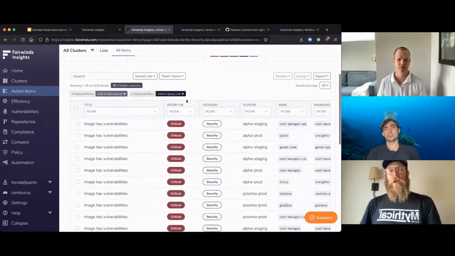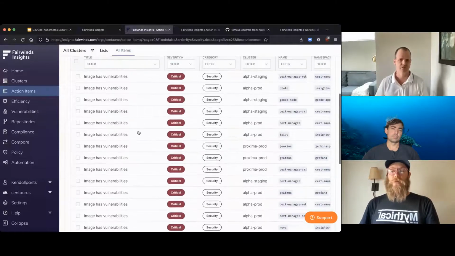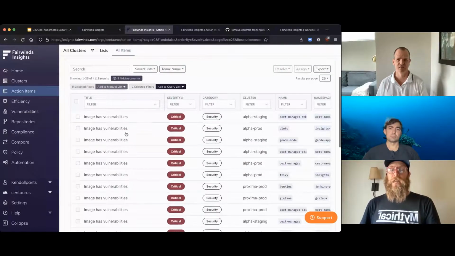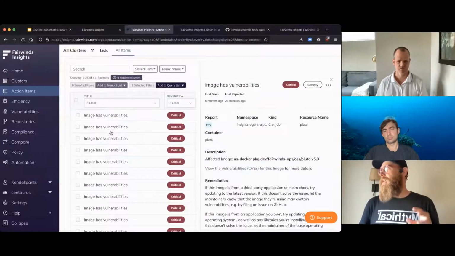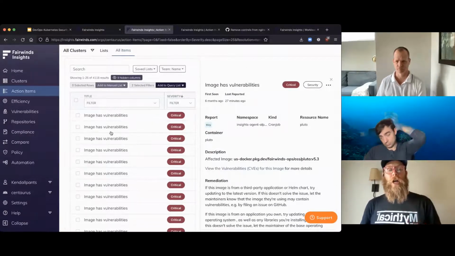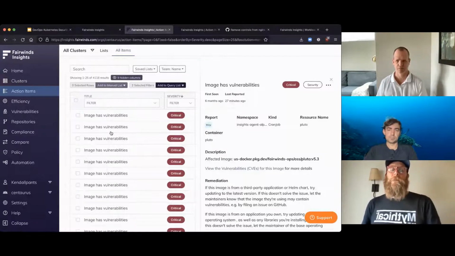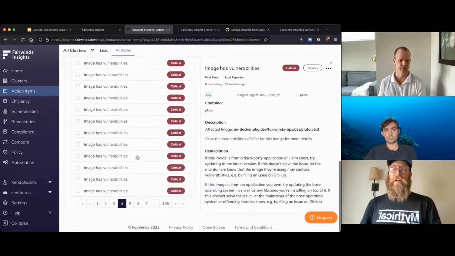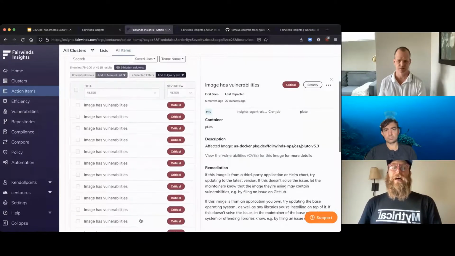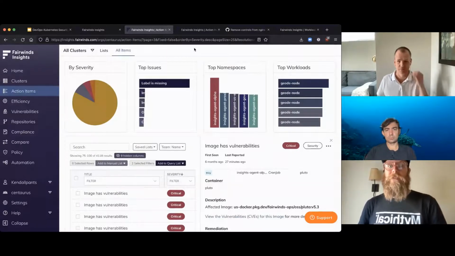So here we are sorted by severity, and a lot of the critical severities are images with vulnerabilities or security related things. And then any engineer can come in here, click on one of these, and it's going to pull up both what's wrong as well as talk through remediation for how to improve it. So you don't have to be a super senior engineer to click on one of these things and find out, hey, I need to go in and update this to not be running with a known CVE, that kind of thing.